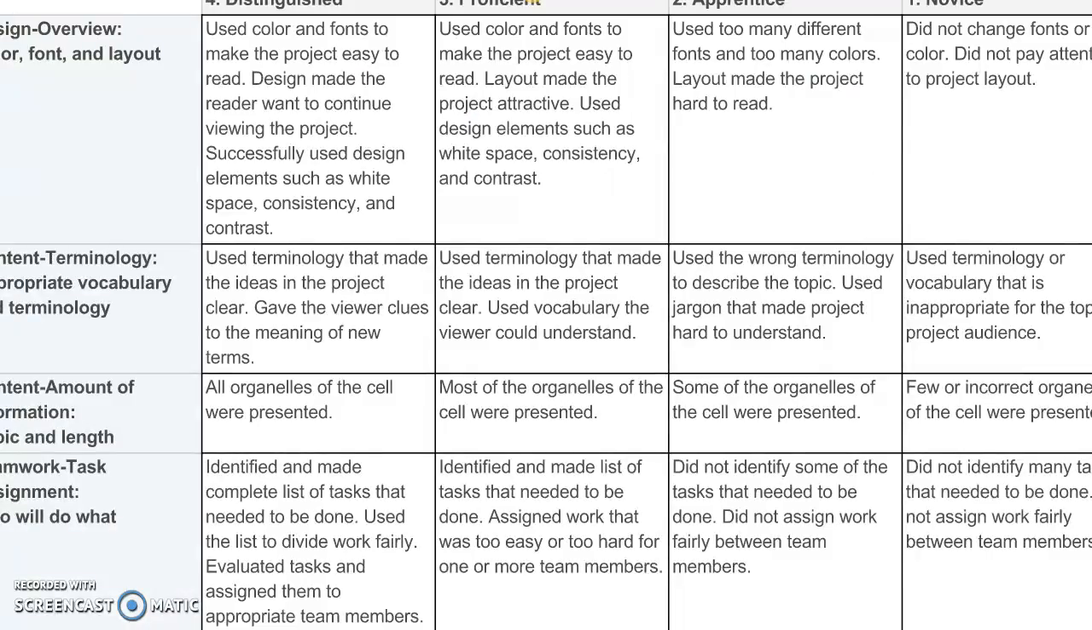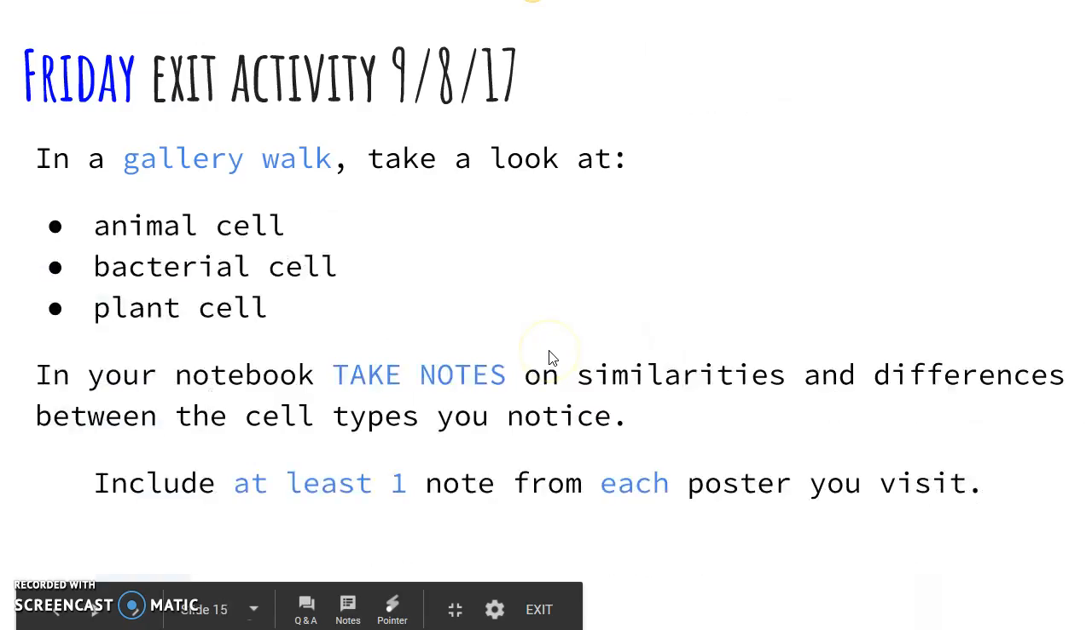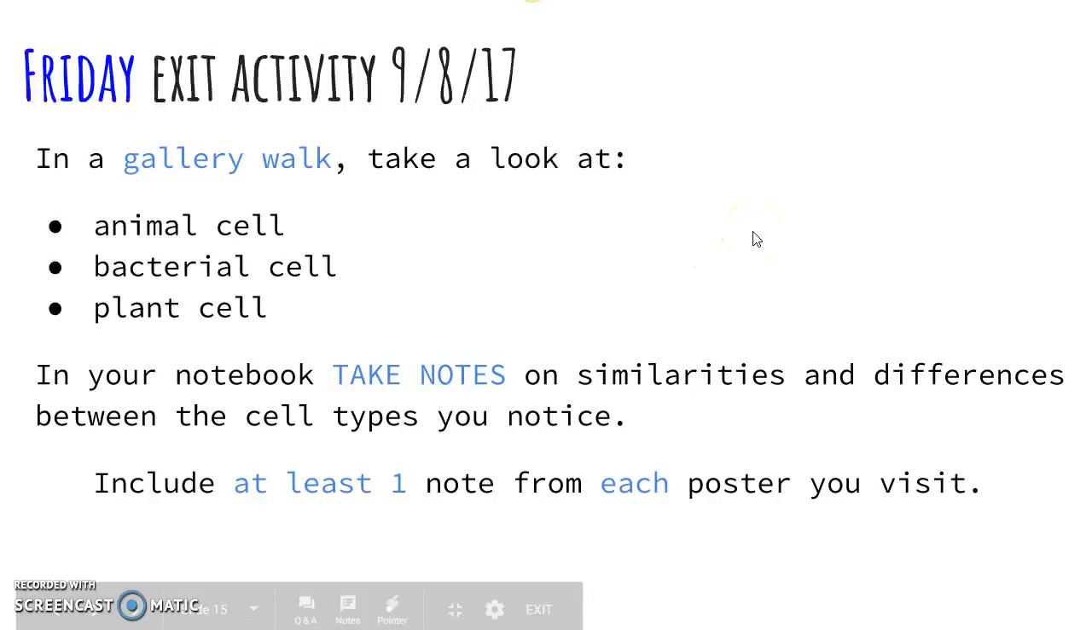This one is a rubric for their organelle. It's just one that I use that is sort of general. I ended up making some better rubrics as I went along. And then Friday, they continued to work on that until about halfway through the class period, and we did a